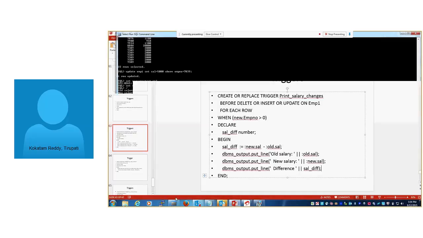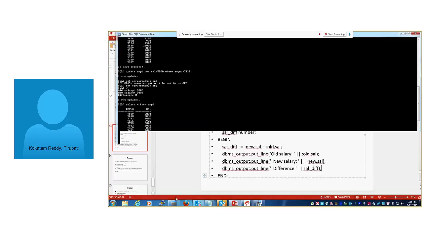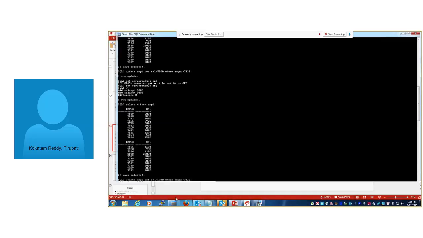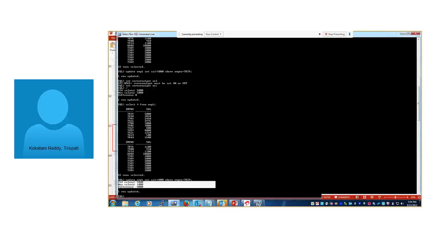The trigger will fire before performing this update operation, and it will give this output. Now we got this output: old salary information, new salary information, and the salary difference information. All this information we got from this trigger.